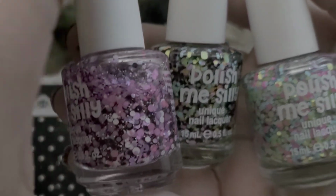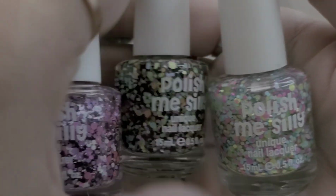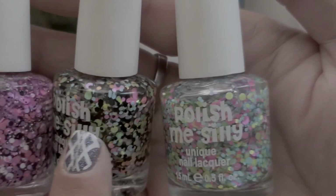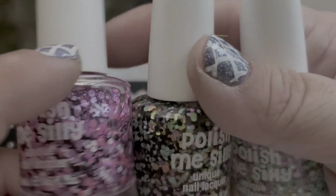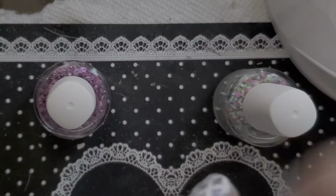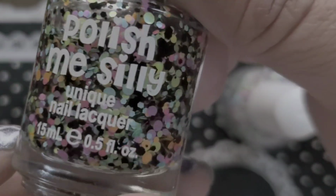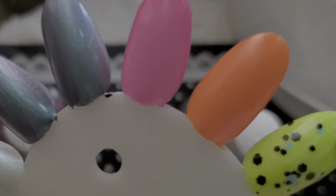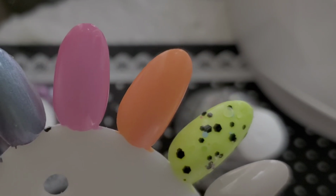Of these three, they've got those little dots of, I don't know, glitters, and they're not glitters, but little deco circles. So I'm just going to put those over some of these colors right here just to show you how they look. So this is my favorite one. So I'm going to throw this, and you won't see the hot yellow one too well, but